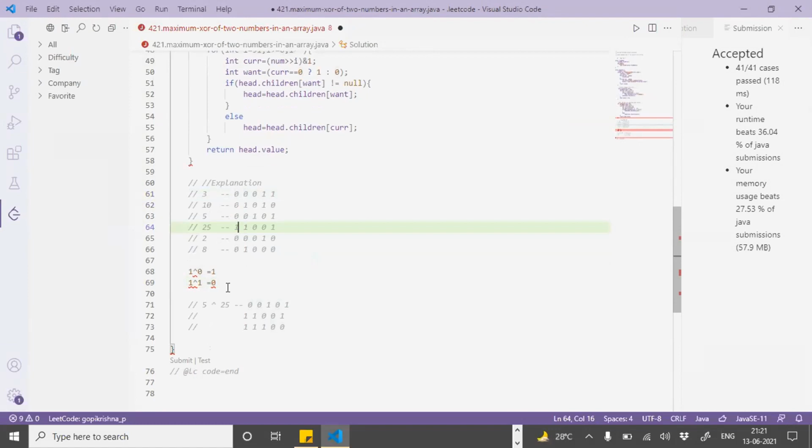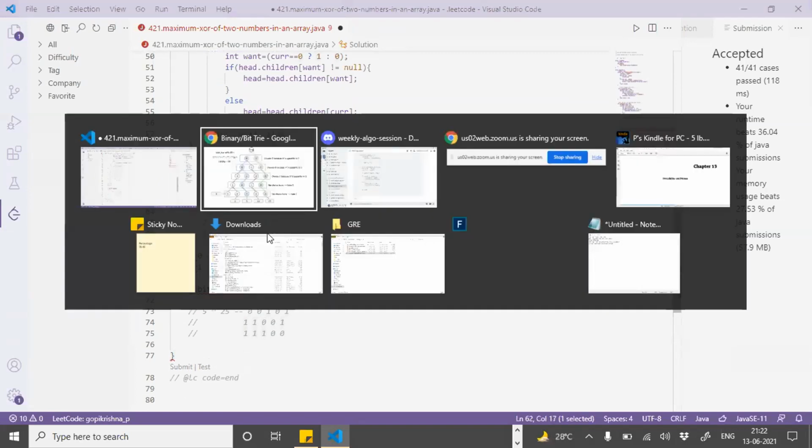So if we go this way, in this case we have one number which is set, and it will contribute 2 to the power of that bit position to our answer. Okay. So similarly for the next bit, let's say for 0, we try to find the numbers which are set with 1, because if we do XOR of 0 with 1, we get 1. So we want to maximize the answer. Okay, so we do it like that.